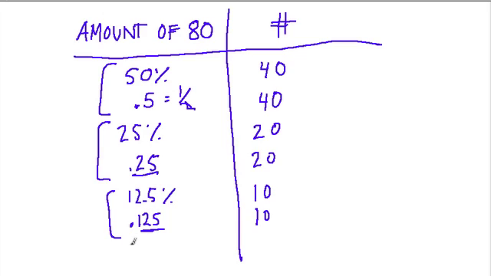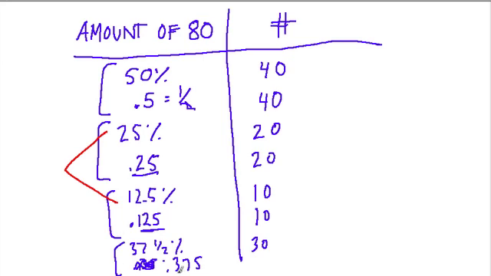And last we have 37 and 1/2%, which seems very unfriendly, but if we add up 25% and 12.5%, we do get 37 and 1/2. So really the answer here is just 30. Then they give us this decimal, 0.375. Well, so far all the decimal pairs have been paired with their equal percents, and you can almost